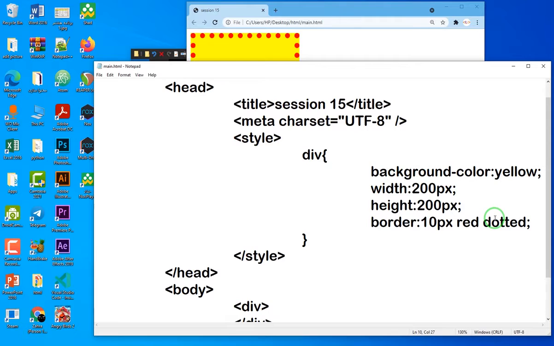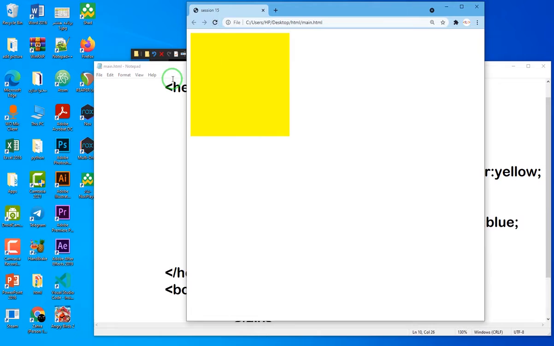Okay, I deleted border dash top dash color, and in here I can write a color, for example, blue. I save it. I open my web browser. Now you can see that it doesn't work,